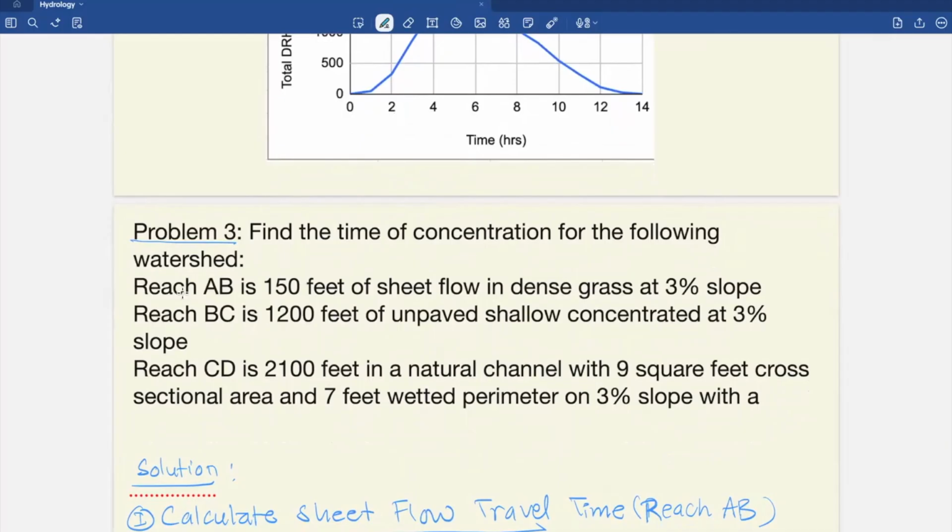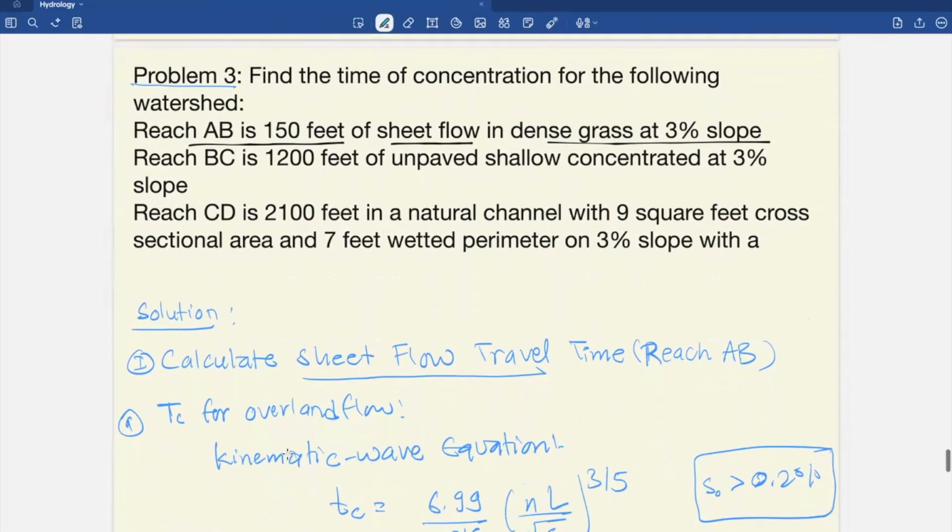And our first reach is 150 feet, which is about sheet flow in dense grass at 3% slope. Sheet flow is that thin, shallow film of water moving over the ground surface before it organizes into channels. It's the slowest type of flow and typically limited to about 300 feet. So for solving this, we will be using the